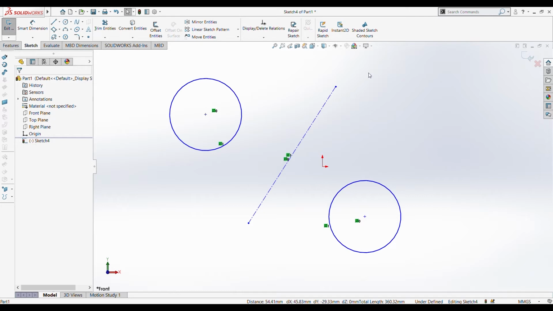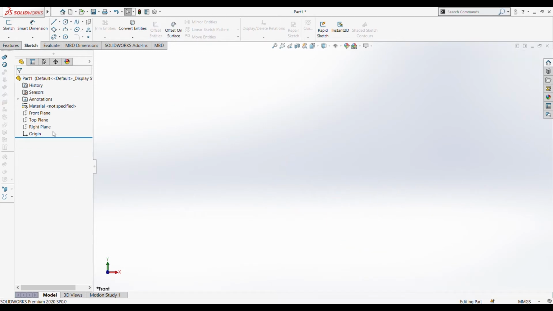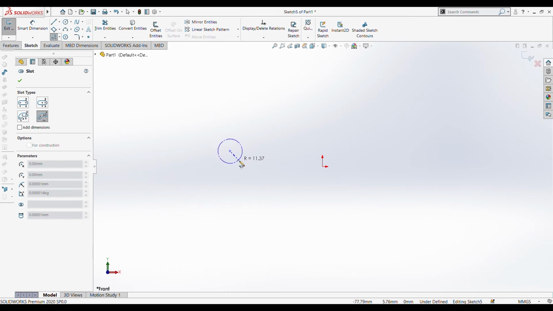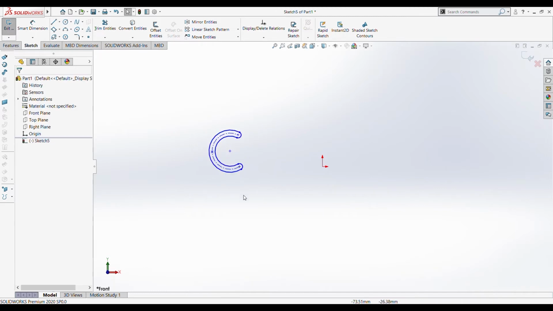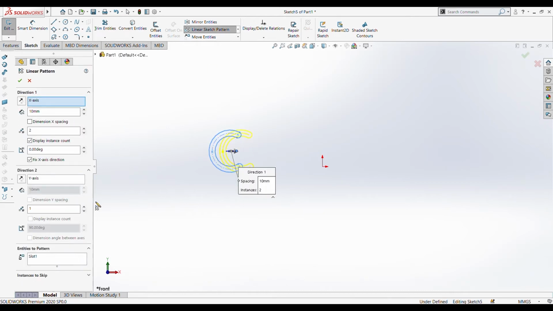And next is the linear sketch pattern. So let's see that. We'll delete the sketches and draw again. If I want linear patterns of this slot, I just activate linear pattern, select the entities, and we can adjust